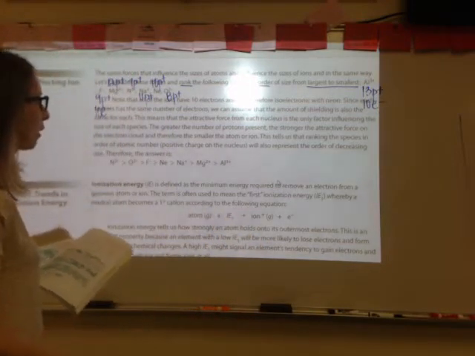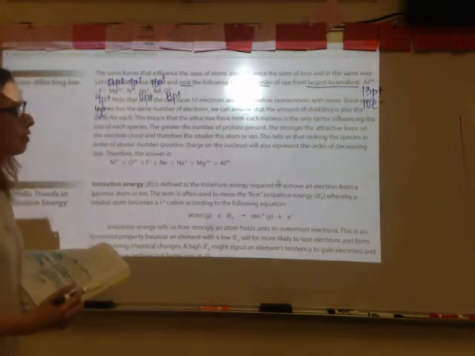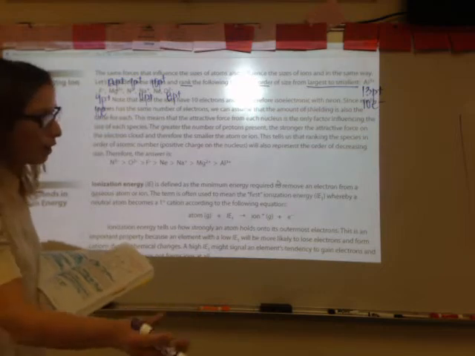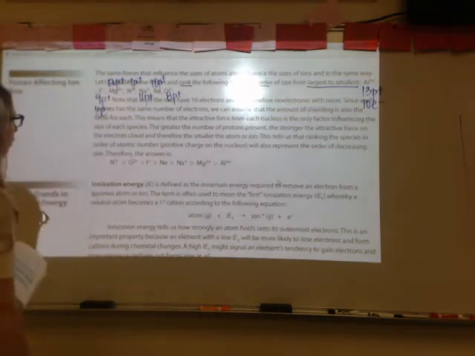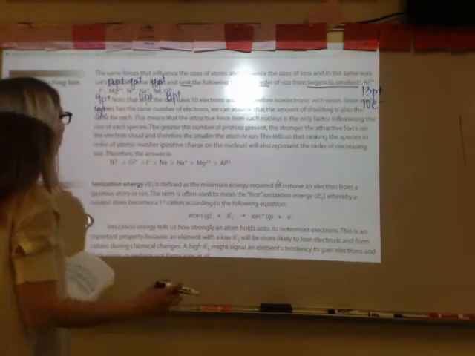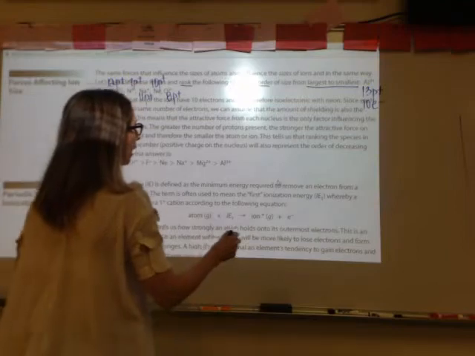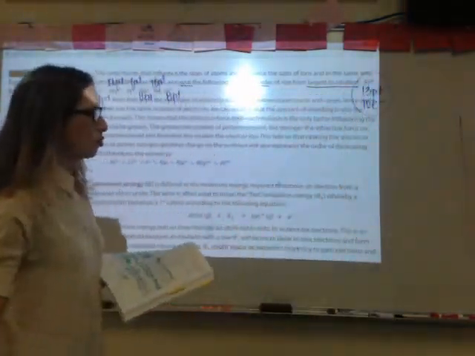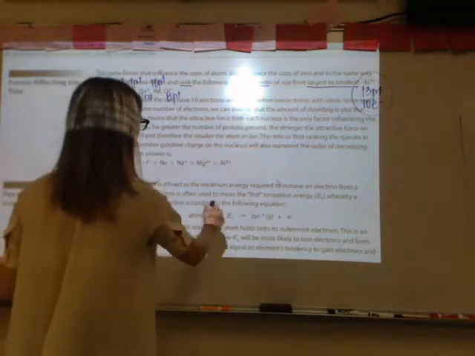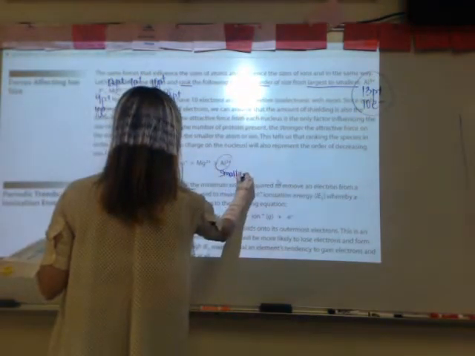So if we want to put them in order from largest to smallest, the number of protons in the nucleus is going to influence our ionic radius the greatest. If I look for the one that has the most protons, which would be my Al +3, that would have the greatest nuclear charge, so it would draw the electrons in the most, so it would be the smallest